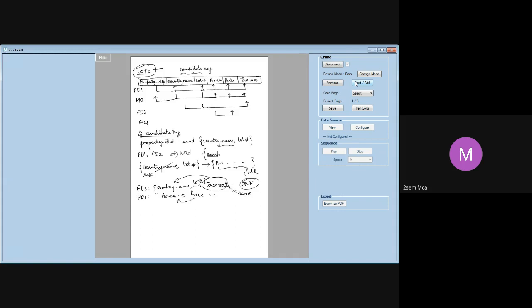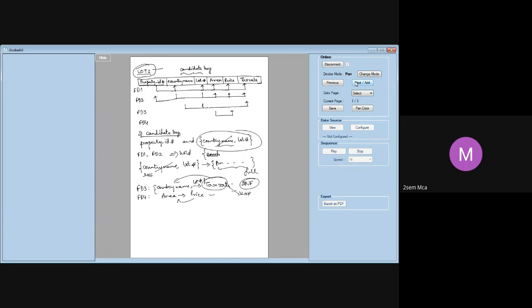So now how do I make this lots table? Lots table is in first normal form. When you check lots table for second normal form, FD1 and FD2 hold the second normal form. There is no problem with them. But when you look into FD3, FD3 violates the second normal form. Why does it violate? Because country name, comma, lot number is the candidate key there. This determines your tax rate. Even if I remove one of them, I can still identify what the tax is. Hence, your FD3 violates your second normal form.